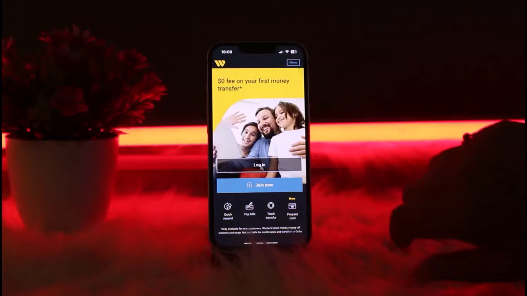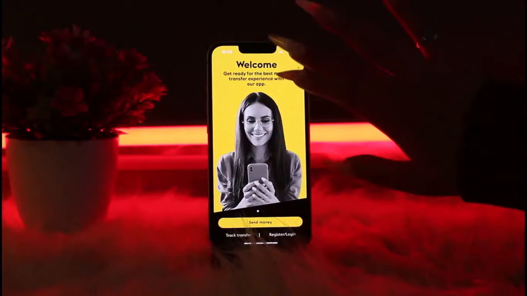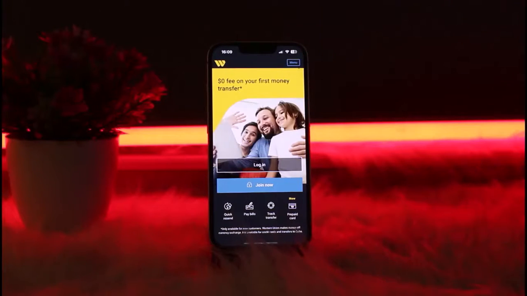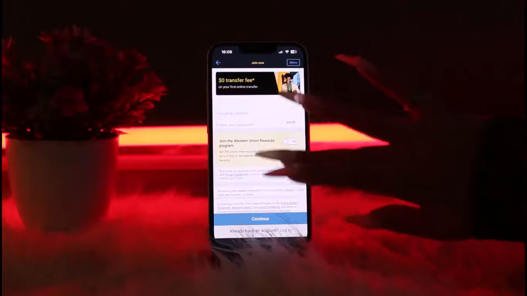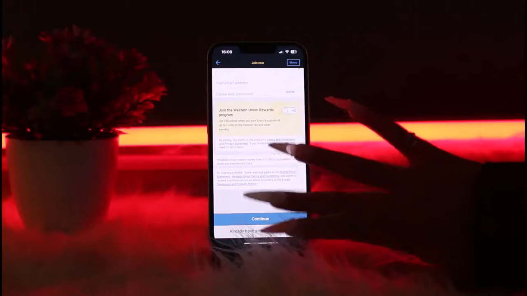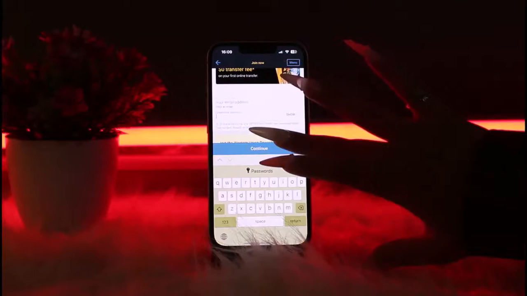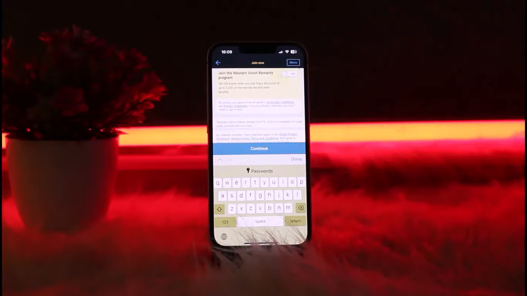Then you can directly tap on this option of join now, cross this out, and then afterwards you just have to tap on the join now section, and then you will be able to go through the steps. Tap on this continue for you to now go ahead, enter your email address. You can tap on you create your password and then tap on continue further. You will receive a code for you to verify your email. Once you have done that, you will be able to create yourself a Western Union account likewise over there, and